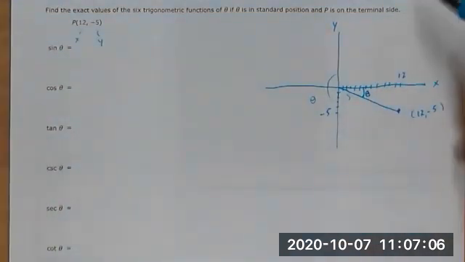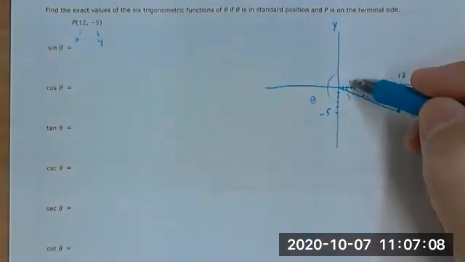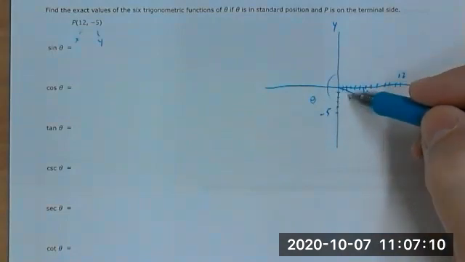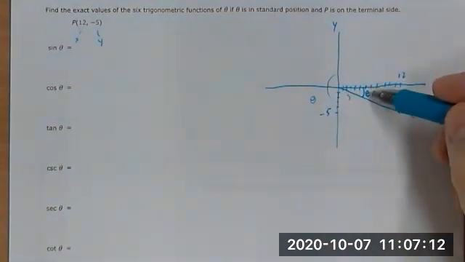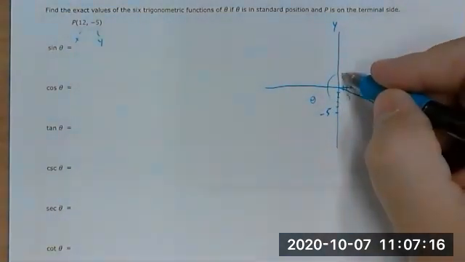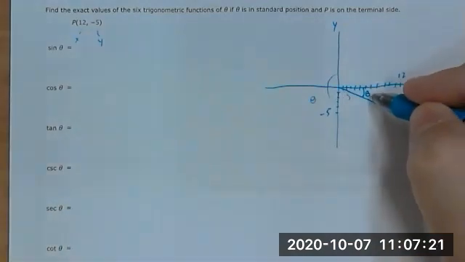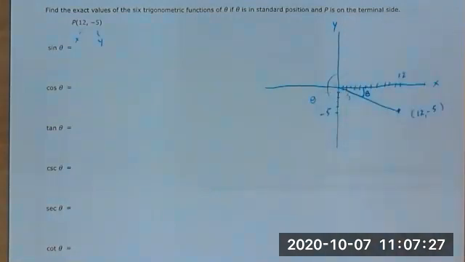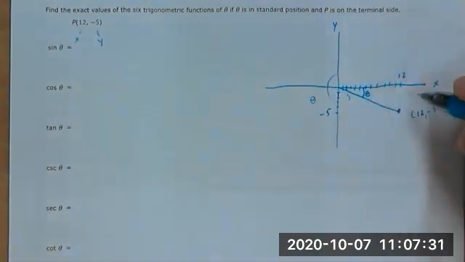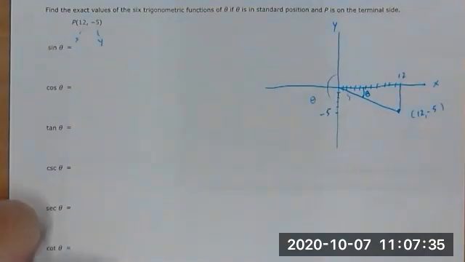And the nice thing about trig is all the trig functions of this actual angle here is the same as the trig functions of the reference angle. So I don't have to work my problem trying to figure out this big angle here. I can simply find the trig functions of this angle, and it's actually going to be the same as that angle. So therefore, since I'm using this angle here, I, in a sense, can create a right triangle,